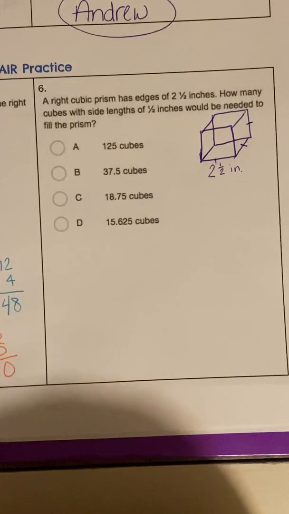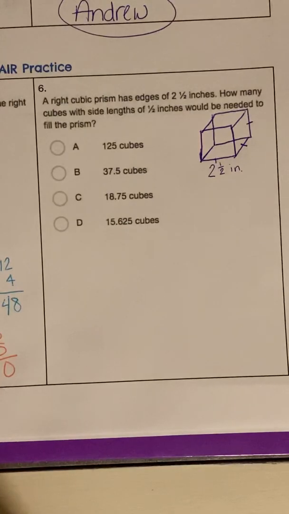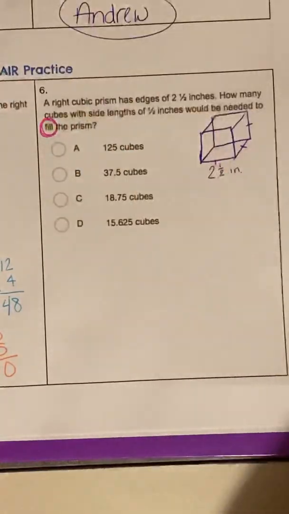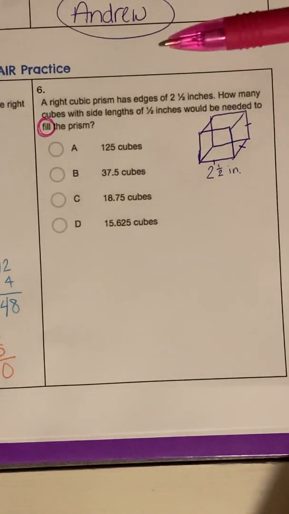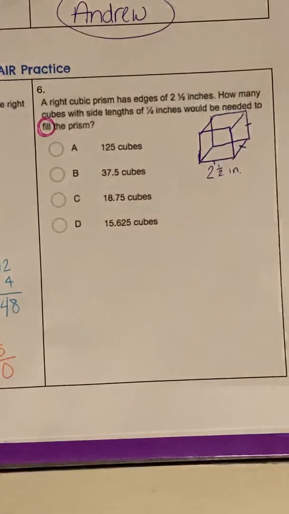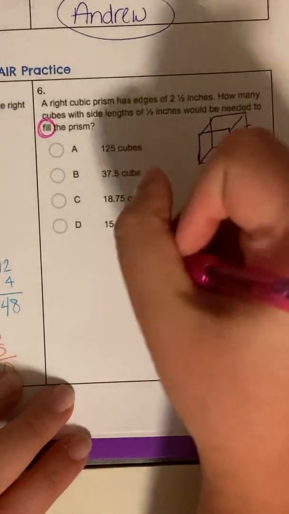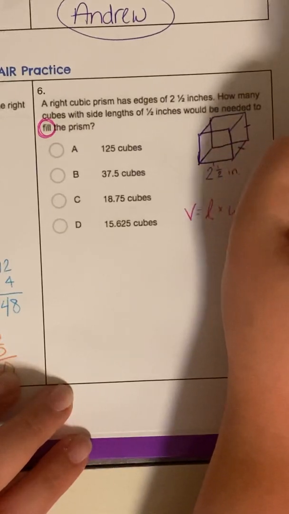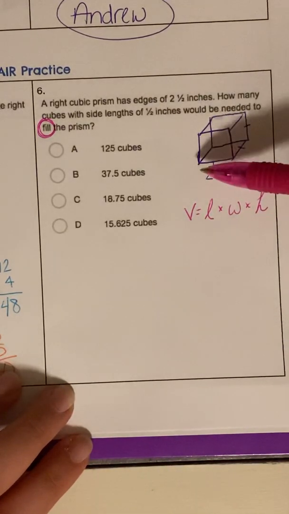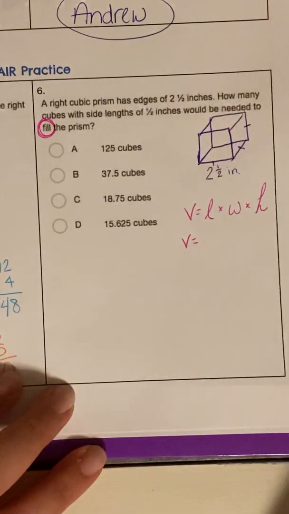How many cubes with a side length of 1/2 inches would be needed to fill the prism? So first of all, it says fill the prism. Well, let's figure out how we can fill the prism with our side length inches of 1/2. Let's do our volume. So when you fill it, that's our volume. So our volume is length times width times height. In this case, you're multiplying the same number because it's a cube. So our volume is going to be 2.5